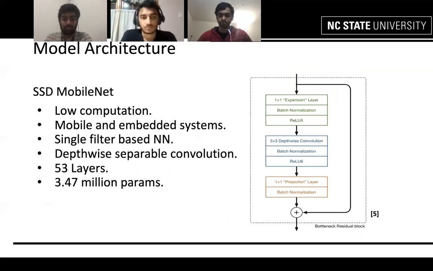It uses depth-wise separable convolution, with around 53 layers and around 3.47 million parameters to train the network. We used this as the initial architecture. Then we went on to Inception.